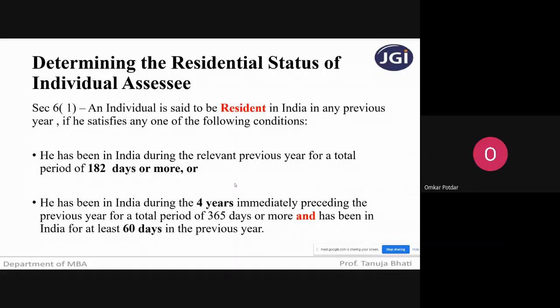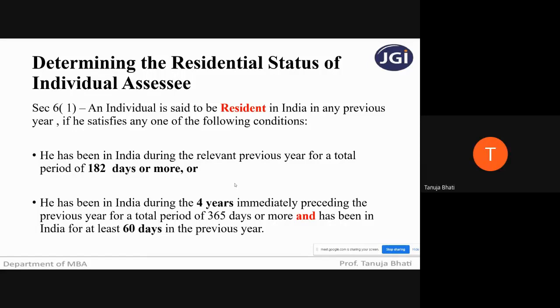Ma'am, if a person arrived at 11:55 from the airport, then he is in nautical miles, no? After 5 minutes, he will leave the nautical miles area. Then what do we have to calculate? If he's in the nautical miles, that is in the territorial waters of India, he is in India only. And for the purpose of counting the number of days of stay in India, the timing is not mentioned in the act. What is mentioned is that both the date of departure as well as the date of arrival are to be considered in India.